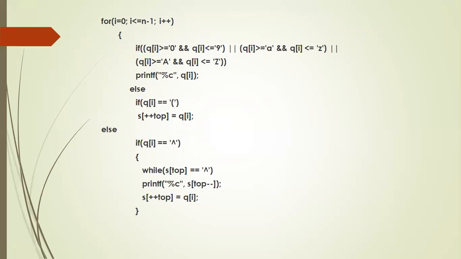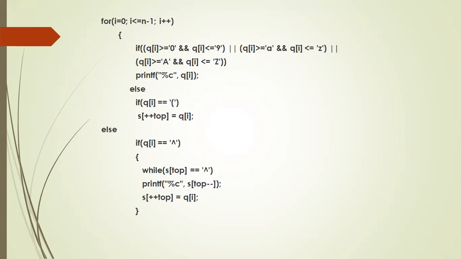Next could be an operator. If an operator comes, be careful, because whenever a new operator comes, you check for the operators already there in the stack whose precedence is higher than or equal to the new operator. In the first case, the new operator is power. In that case, what you have to do? While S of top equals another power, that is, in the top of the stack another power is there, you have to add it to P. So add it to P, right away display it on the monitor, and decrement the top. Like that, remove all the symbols one by one from the stack and display them on the monitor.